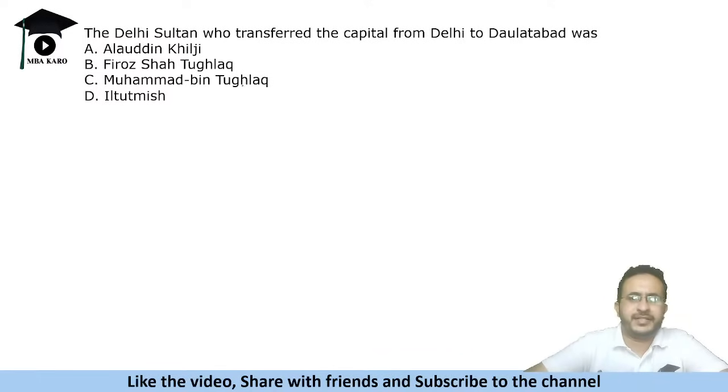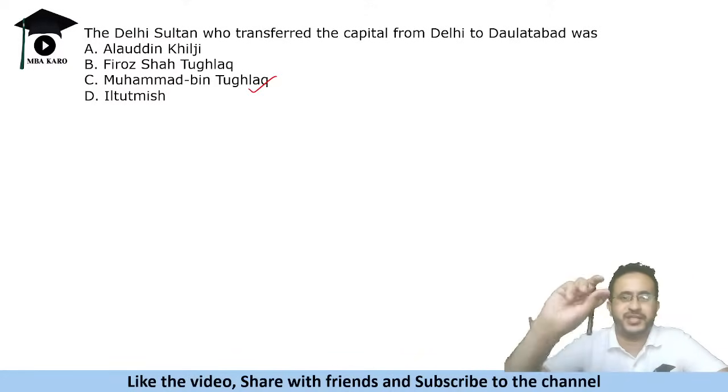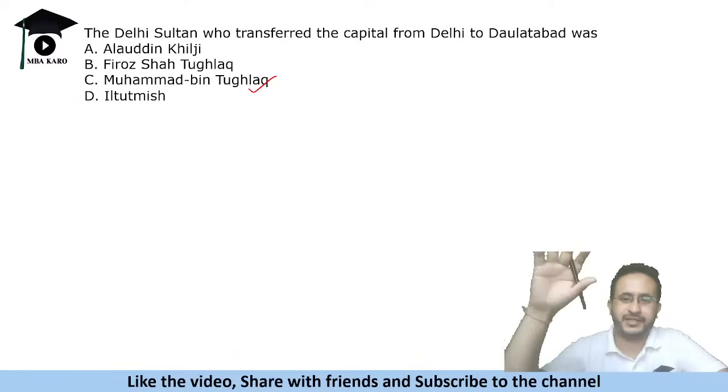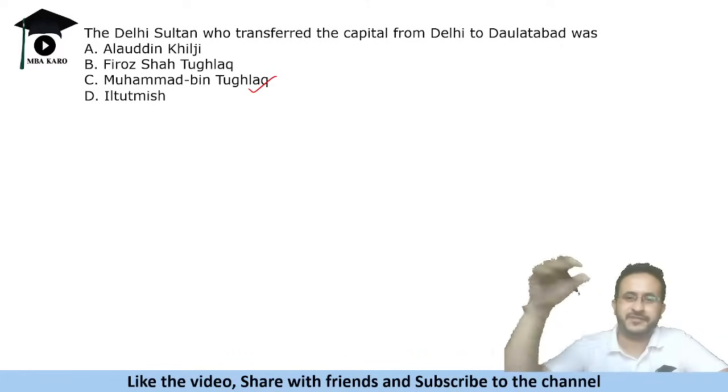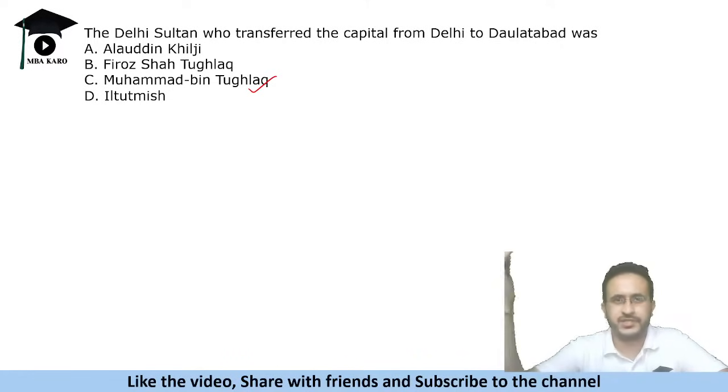Okay, so the right answer is Muhammad bin Tughlaq. Okay, so he was a fickle-minded ruler. He decided to change the capital. Like Delhi was the capital, Delhi Sultanate, right? So he decided to shift the capital. So on the way, there were a lot of soldiers who died. Okay, because of some transportation नहीं था, and there were some other challenges, right, to go into the Deccan part.